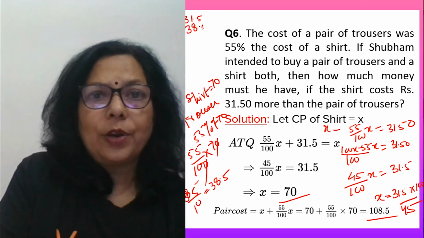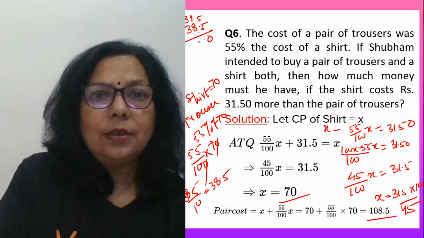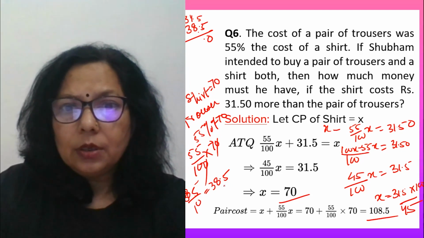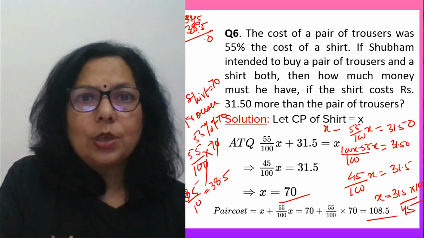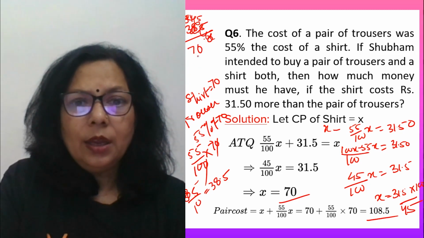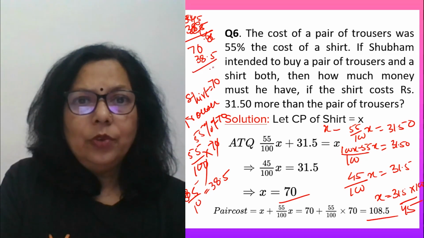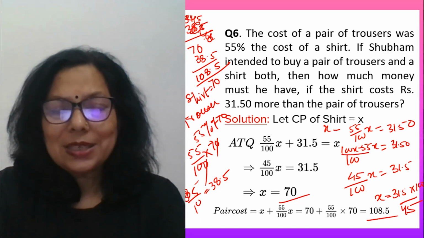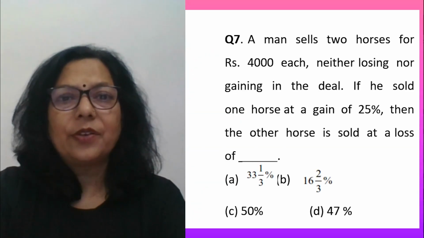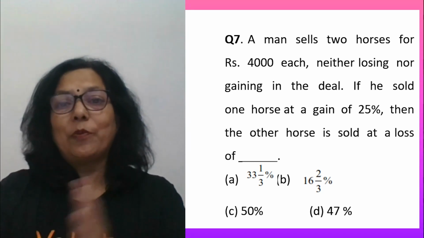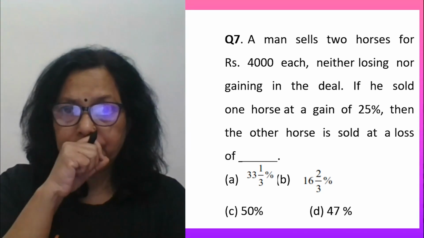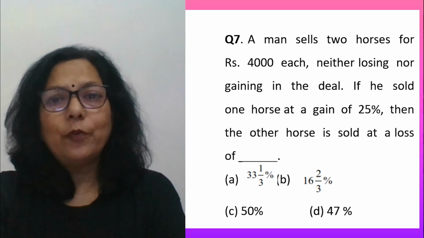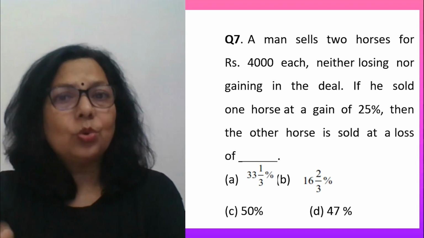And when you add both, 31.5 and 38.5, what do you get? Wait, sorry, I'm so sorry. Shirt was for 70 and trouser was 38.5. You get 108.5. Right? So just calculations were there. Otherwise, it wasn't difficult. But you really want to go through such type of questions once at least, because in books you find nearly simple questions in your textbooks. Here the same formula, but yes, you need to go through them once.